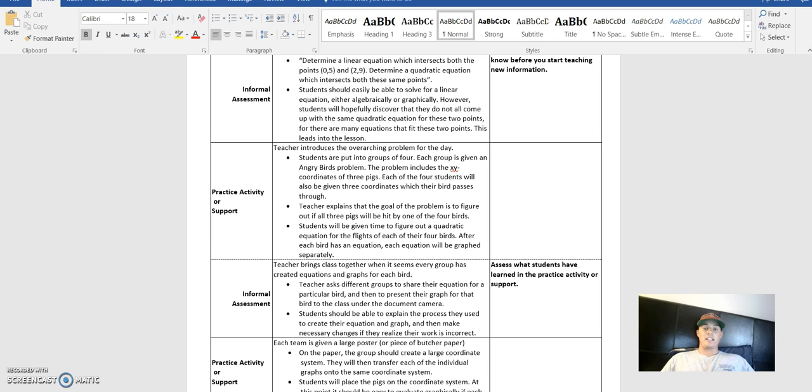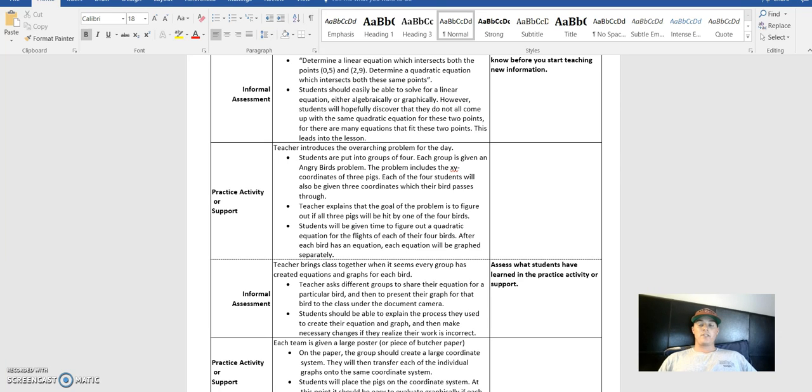You'll need to give students 3 points per bird because, as we just pointed out in the formal assessment, only 2 points can lead to multiple different options. But if you give a particular bird 3 points that it crosses through, there's only one specific quadratic equation which will apply. It's then the student's job to figure out the equation for each bird. And once they do that, the teacher brings the class back together and checks